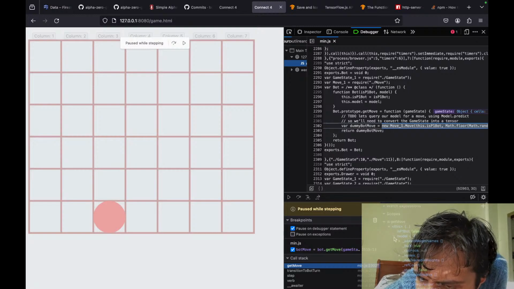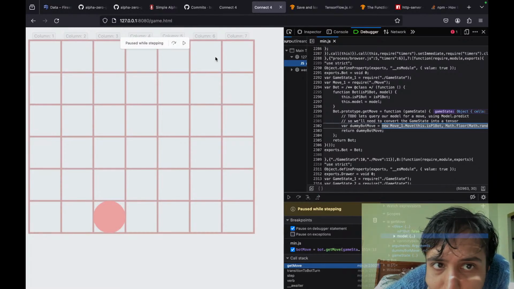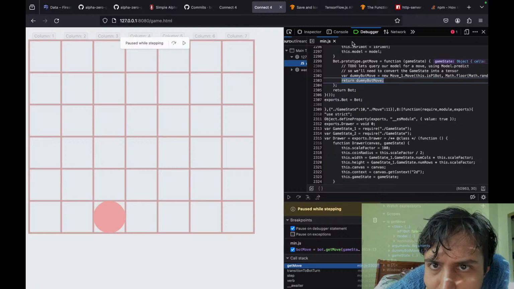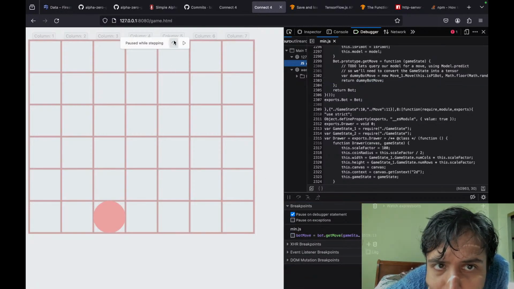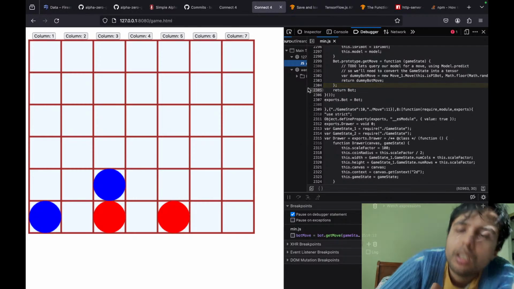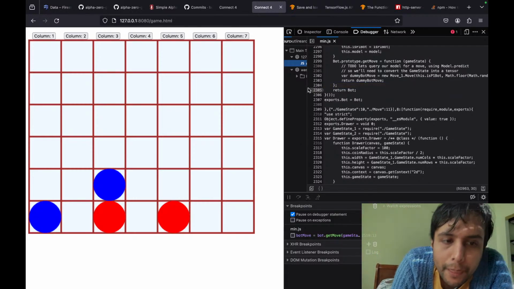Well, I'll not try to understand this right now. Okay, I'll just remove the breakpoint.